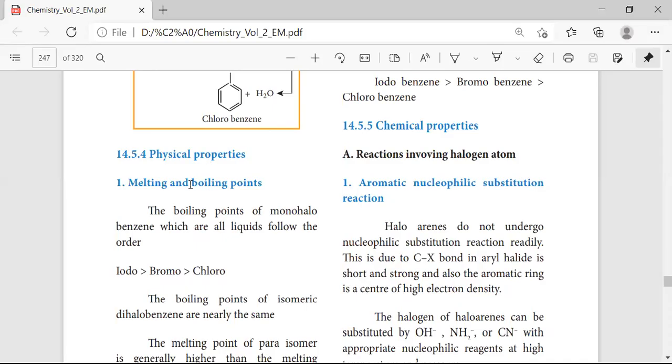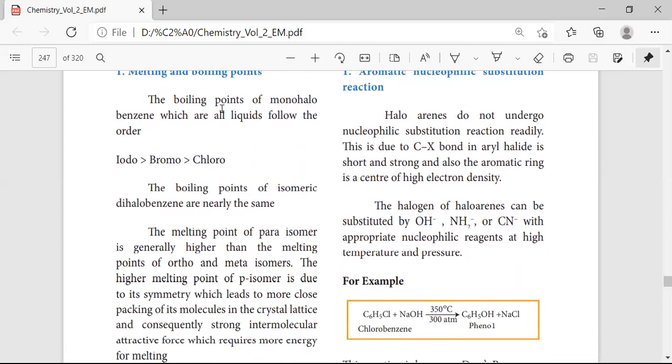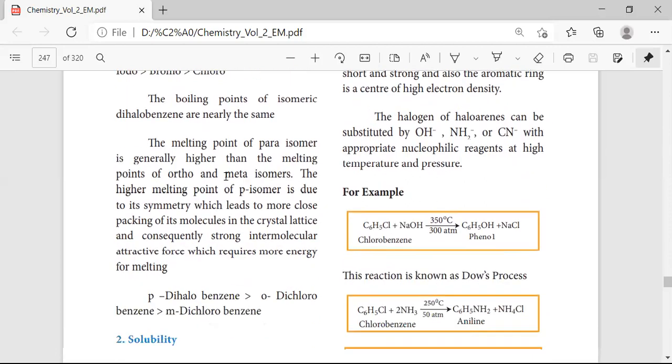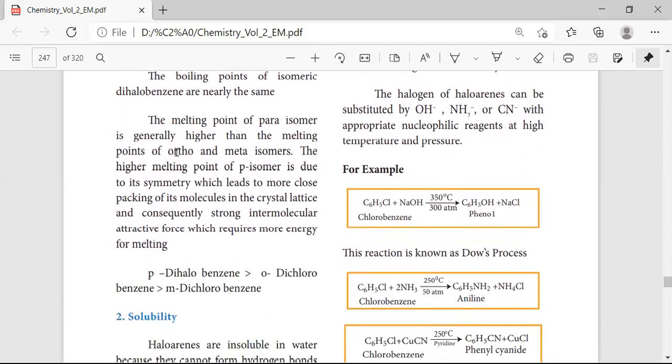Now comes the physical properties and chemical properties. Here under physical property, melting point and boiling point. Here you see the iodo will have boiling point more when compared with bromo. Again, bromine will have more when compared with chloro. Okay, the boiling point and melting point that gets a higher